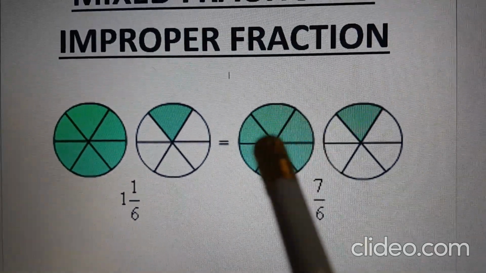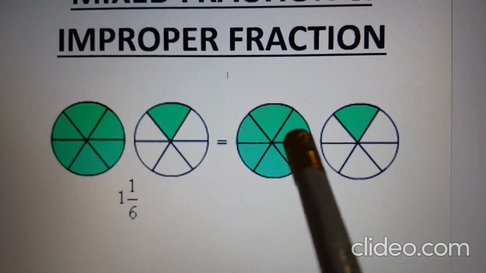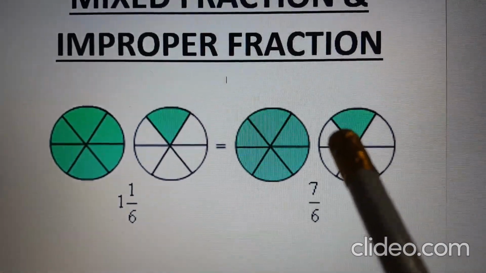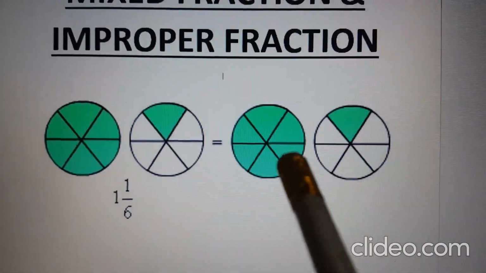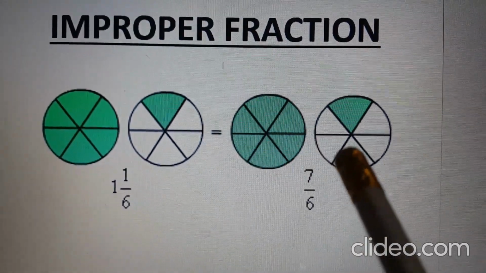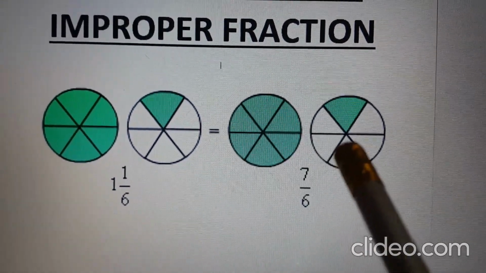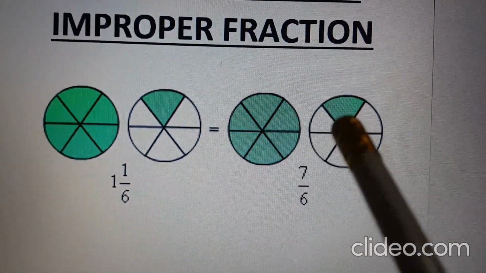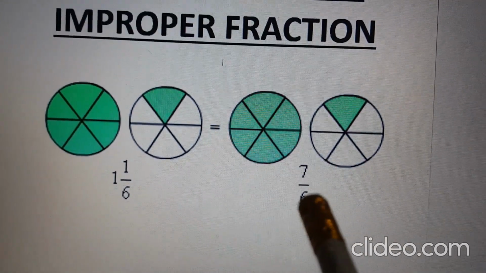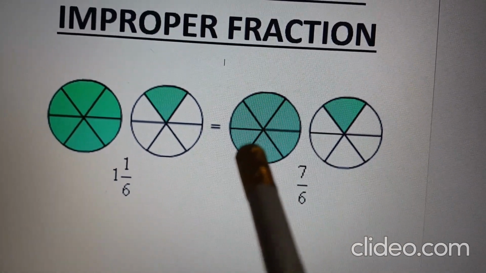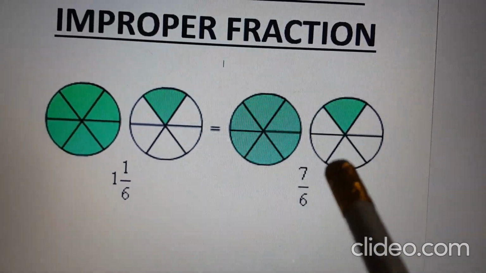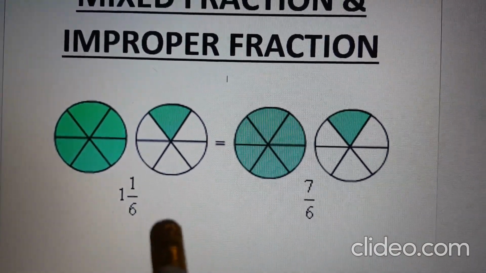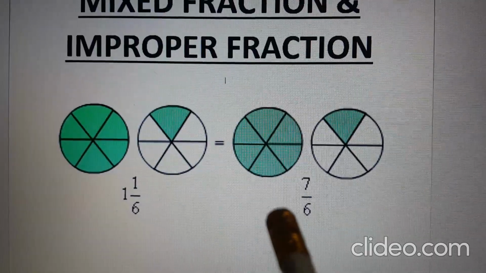Or you can say you have eaten 1, 2, 3, 4, 5, 6 and 7 parts of a pizza which had been divided into 6 equal parts. जिसके क्या थे 6 equal parts थे और आपने उसके टोटल कितने खा लिए 7 parts खा लिए. So 7 parts you have eaten and denominator is 6 because each pizza has been divided into 6 equal parts. So we can say that 1 whole 1/6 is equal to 7/6.